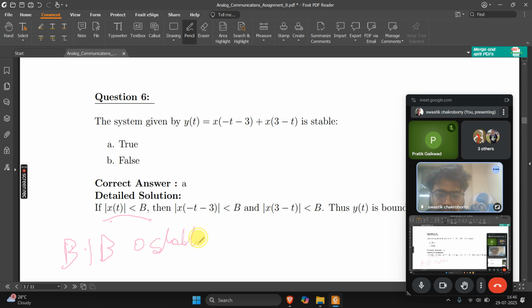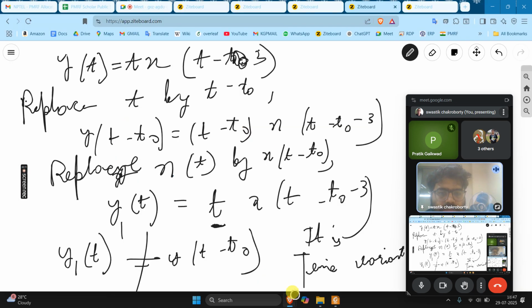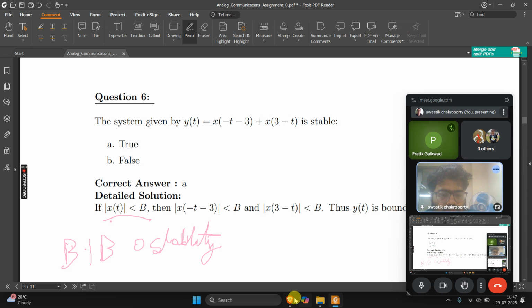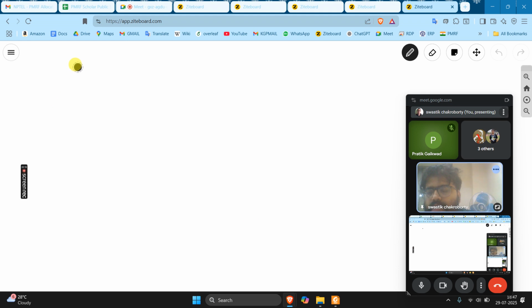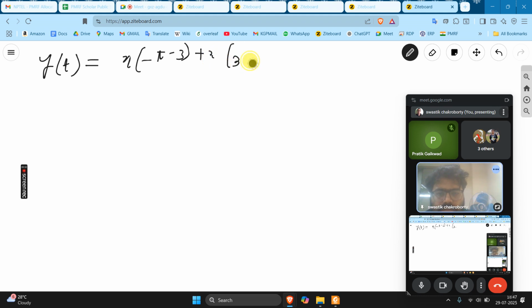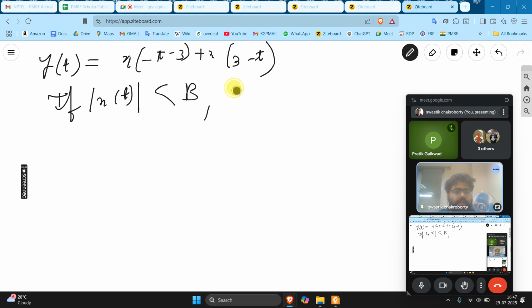So how to check the BIBO stability of this system? To check it, you consider what happens when the magnitude of x(t) is bounded; the sign doesn't matter here. So y(t) is x(t minus 3) plus x(3 minus t), this kind of a system was there. So if mod of x(t) is less than B, where B is finite,